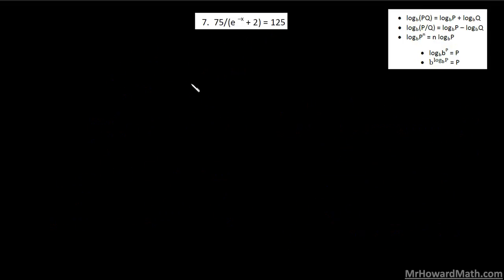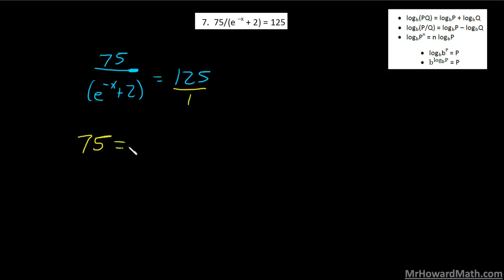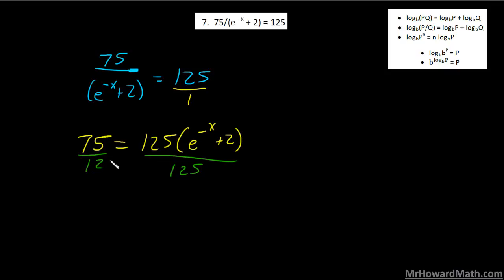Alright, this is number 7 from your homework. So we have 75 over the quantity e to the negative x power plus 2 is equal to 125. I'm just going to rearrange this a little bit and basically just cross multiply here. So I get 75 equals 125 times the quantity e to the negative x plus 2. The whole goal is to isolate this x variable here, and now I'm going to divide by the 125 there,